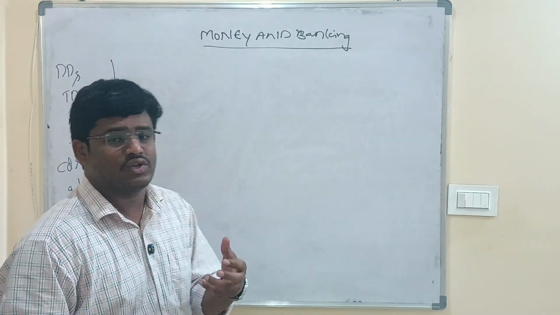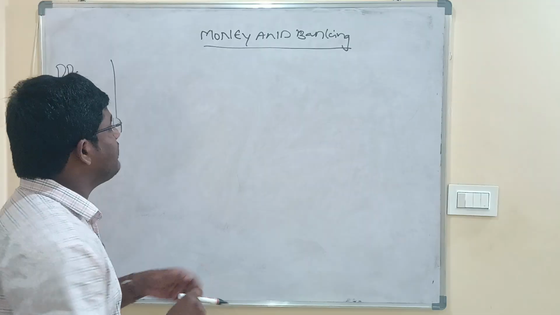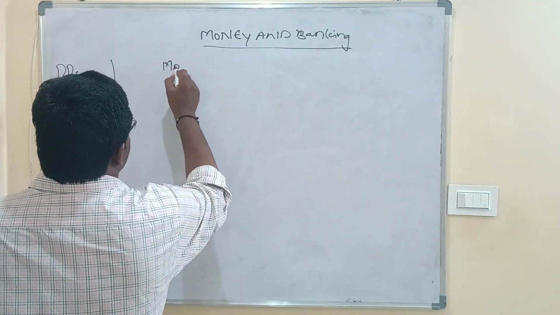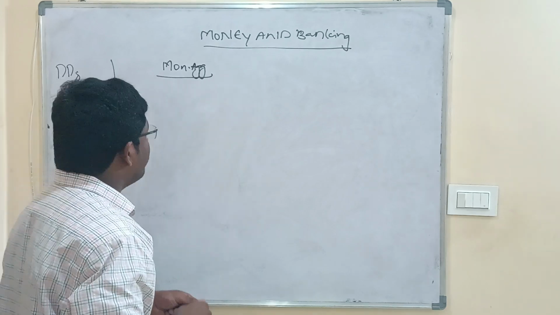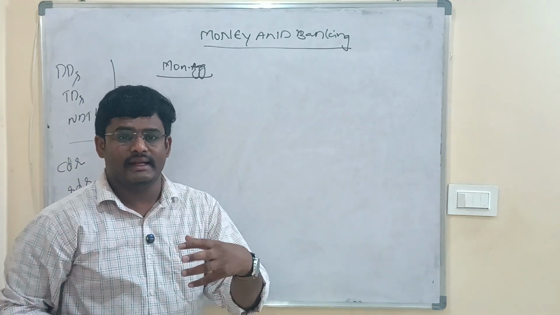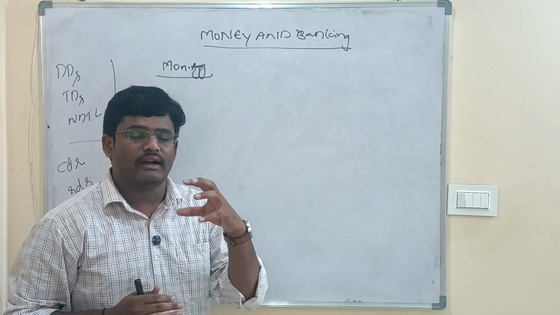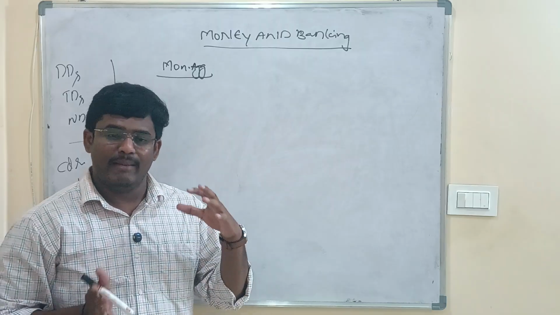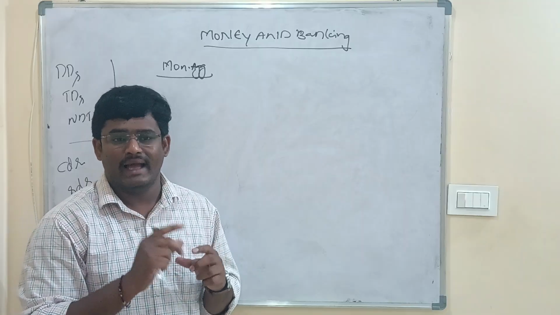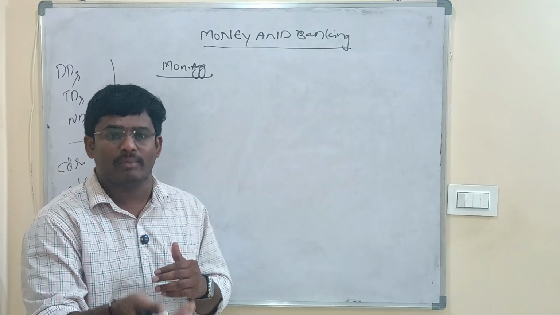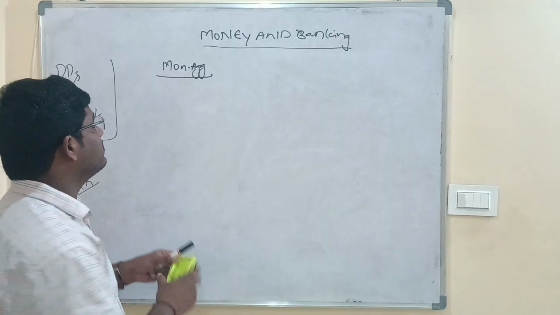In fact, we have also covered the balance sheet of RBI. In the last video we discussed the concept of monetary aggregates. When we talk about the term monetary aggregates, they are the different measures of money. We have four different monetary aggregates: M0, which is known as reserve money, M1, which is narrow money, M2, which has no other name, and M3, which is referred to as broad money. So different monetary aggregates have been discussed.